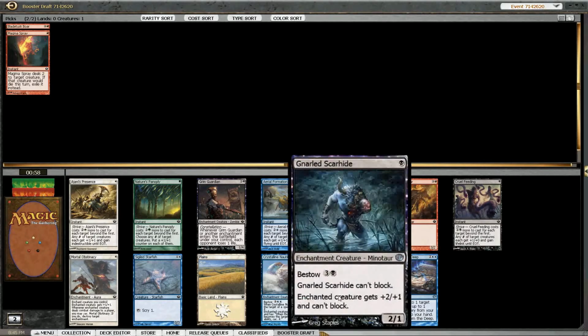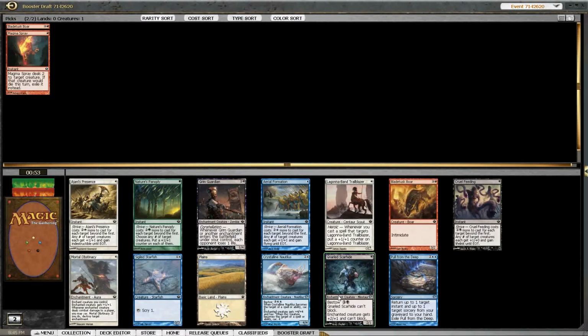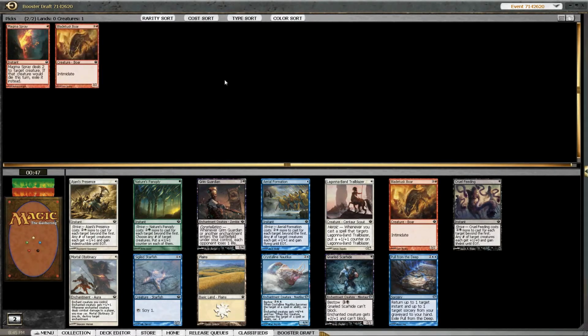Okay, an interesting pick here. Most people think Gnarled Scarhide is one of the best uncommons, being super aggressive. Another Grim Guardian, which isn't really going in the deck that we're building so far. Not that we're too many picks in, but just another Blade Tusk Boar is also a reasonable pick, and really cut off red, and I think that's what I'm going to do. I think Scarhide is probably a better card, but